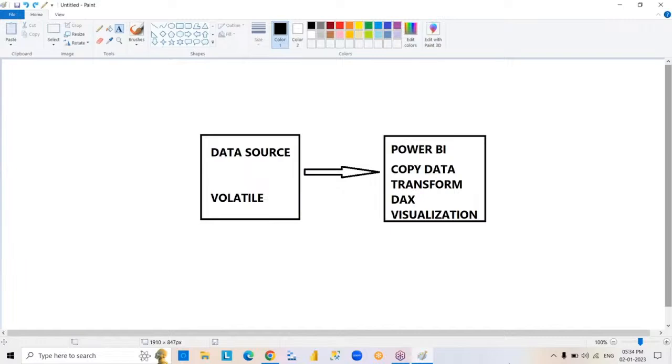And next, visualization area. Visualizations means what? Creating reports. Different types of reports we are going to create. Right? In the same way,